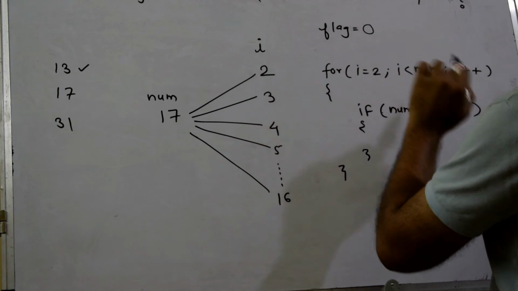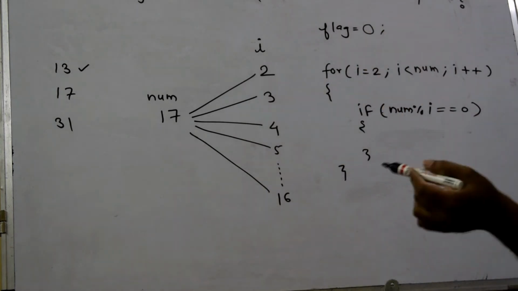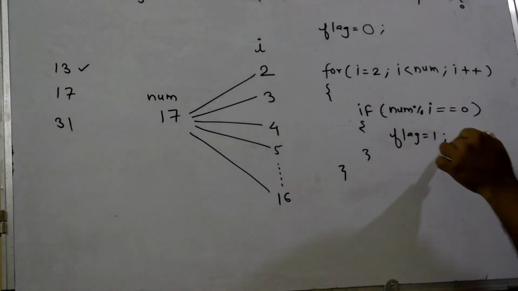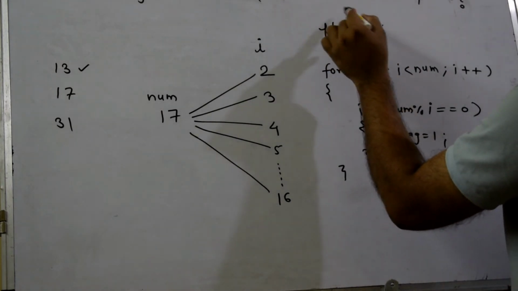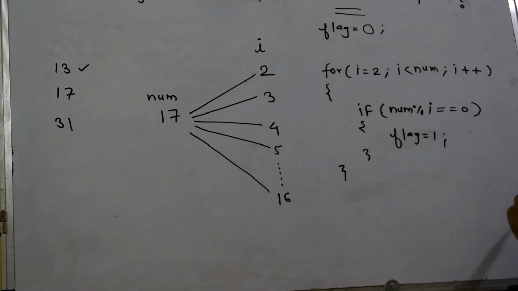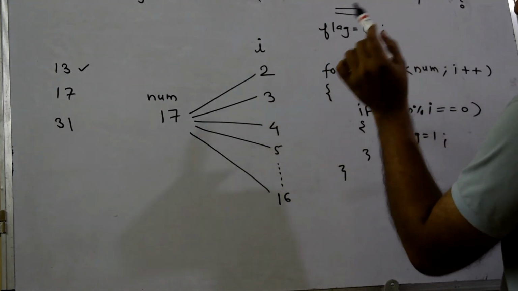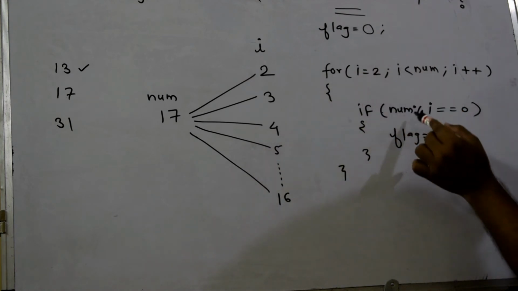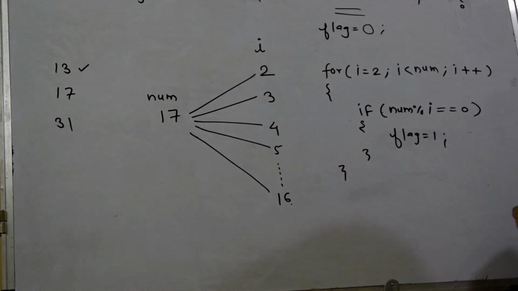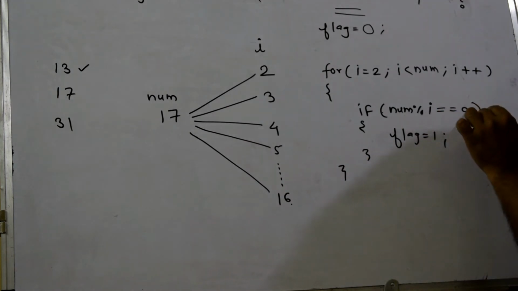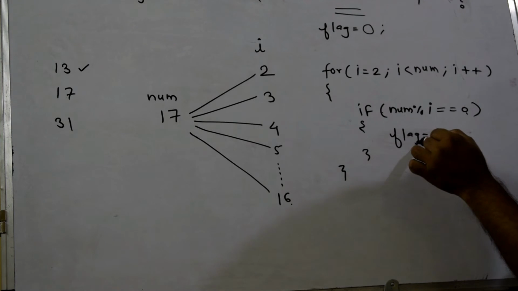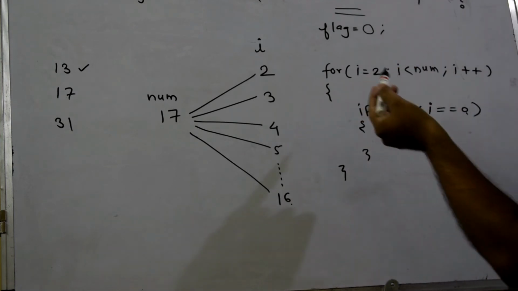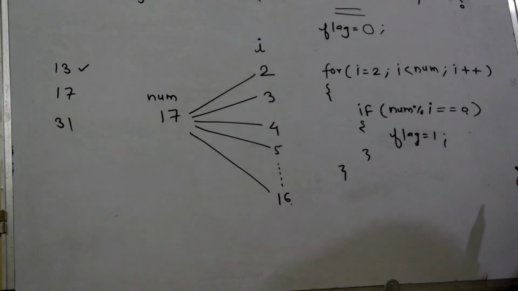So suppose I initialize the flag variable to 0, and inside this if I write flag equals to 1. So initially, so you will accept the numbers here and flag is set to 0. Now initially flag value is having 0. Now inside this for loop, if you divide that particular number with I value which is ranging from 2 to num minus 1, if the remainder becomes 0 anytime, then flag will become 1. That means flag value is set, and now it won't go back to 0 again once it has become 1.